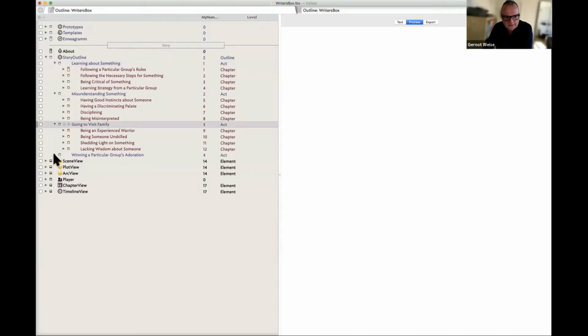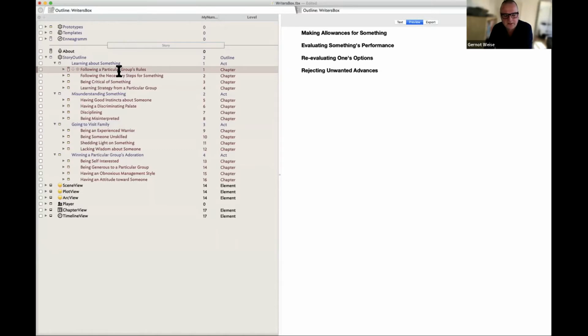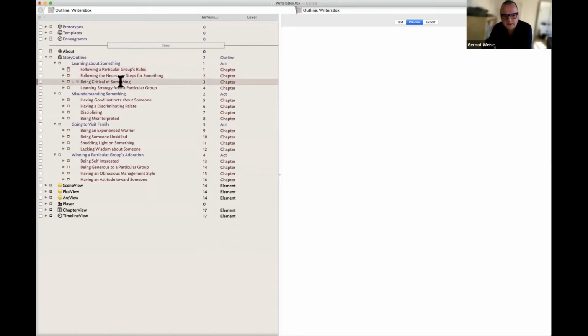And every act has basically the same structure again. Of course, you could do it with more chapters, but it also comes from Dramatica. When I start outlining the story, I always have 4 chapters for each act. Basically it's always the same logic: first the setup, then some complication, then confrontation, and then the outcome, the solution.